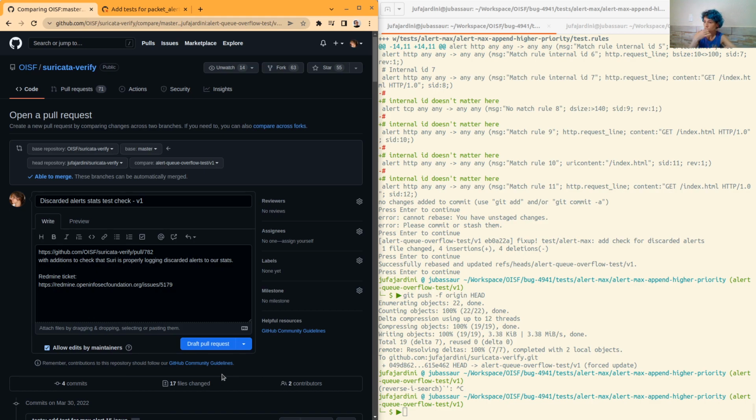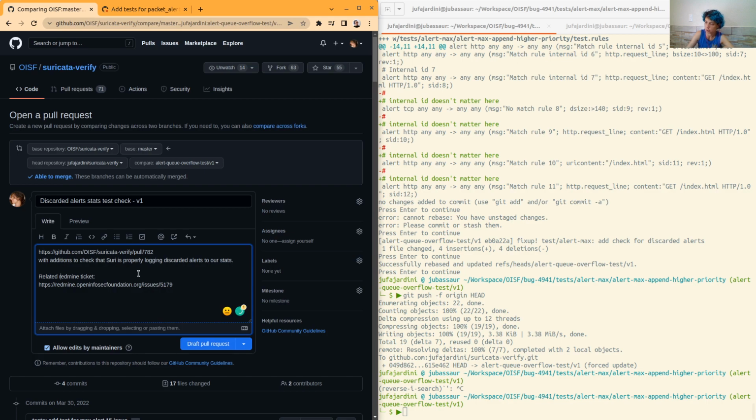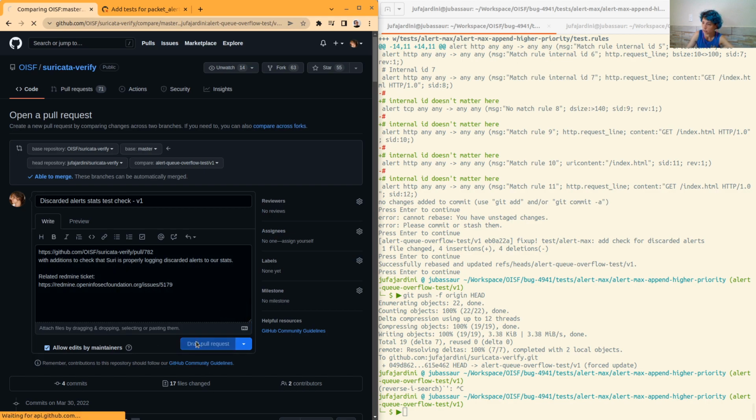Craft. It's a related Redmine ticket, and that's it.